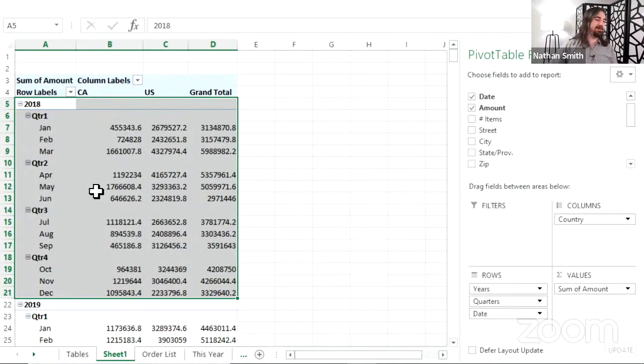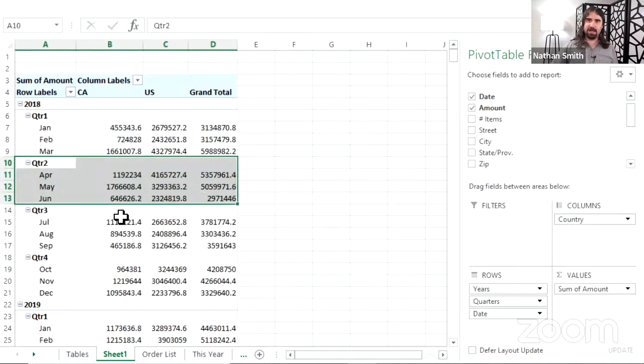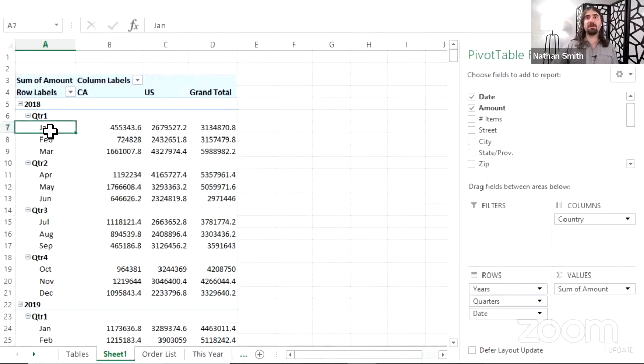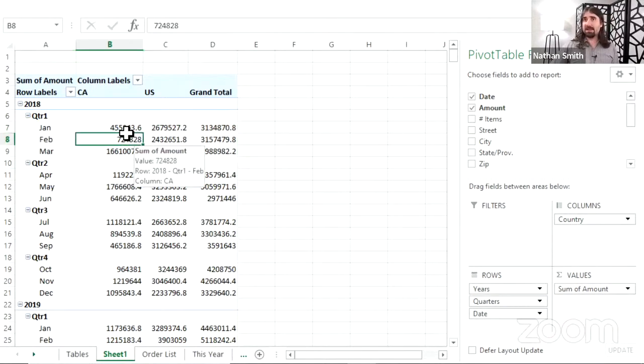And it takes up a lot of Excel rows, right? And then it has 4 sub-rows underneath it, 1 for each quarter. Quarter 1, quarter 2, quarter 3, and quarter 4 down there. And then inside of those sub-rows are sub-rows, 1 for each month of that quarter. So the Q1 sub-row has 3 sub-rows, 1 for January, 1 for February, and 1 for March. And then underneath those, I can see totals for those particular months in each